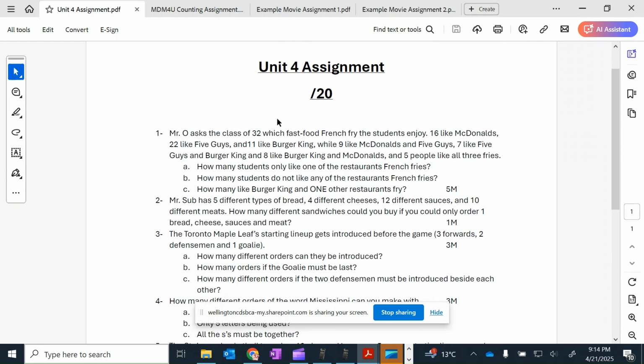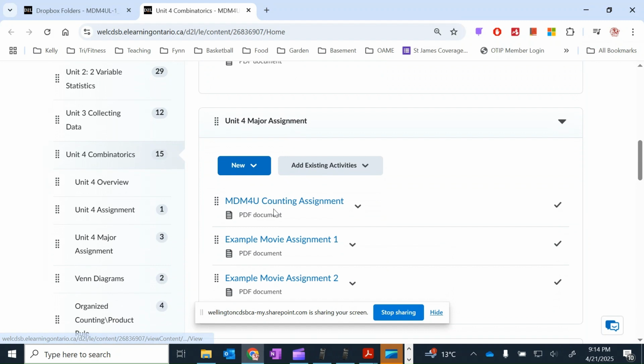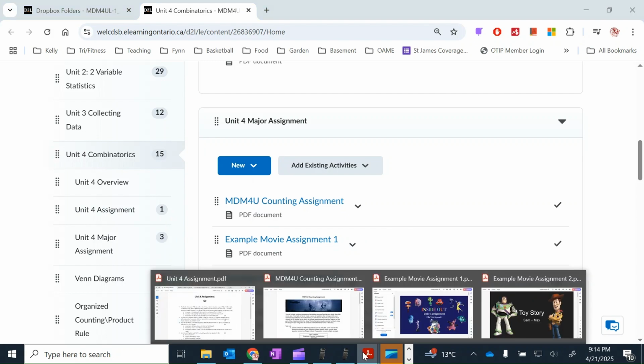As I said at the very beginning, this is 75% for a pass. And if you don't pass it, then you'll get it back and you'll have to hand it back in. So that's number one. Number two is your major assignment. Okay? Your major assignment for this, and you'll have time at the end of the unit, is doing a movie